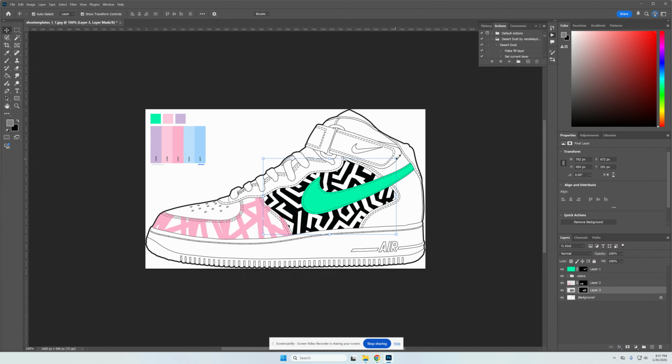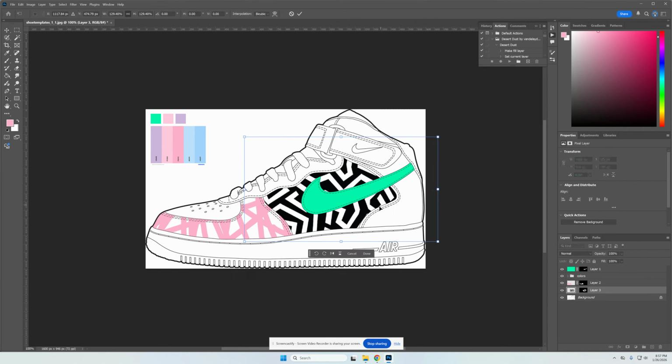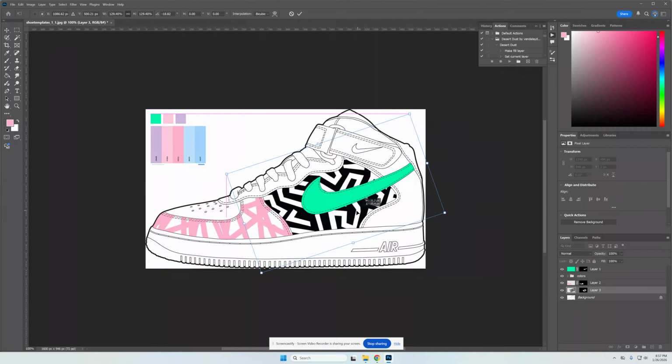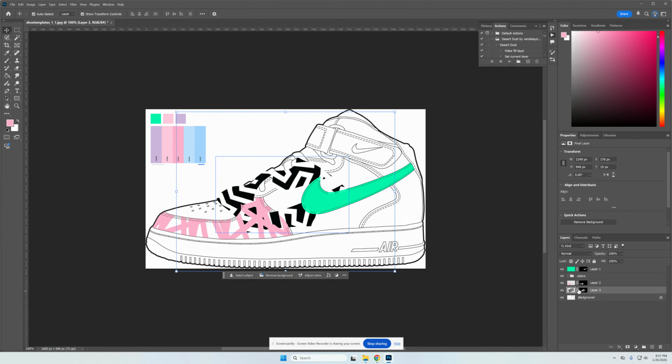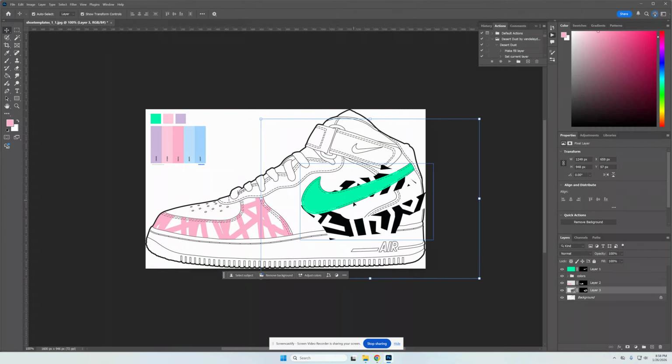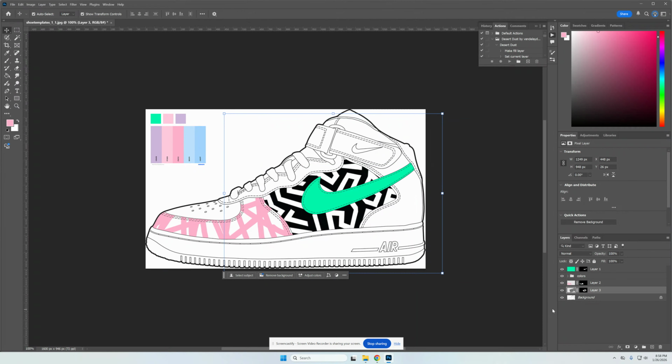Once you unlink it, oops, gotta make sure I'm in the actual image. You can come and scale it, rotate it. Once you're happy, make sure you hit enter or this check mark up here, and then you can turn this back on. Thing is, if you don't unlink it, the whole thing moves with the layer mask. So again, unlink it first, and then you can resize and scale up as needed. This is a horrible, obviously not thought out example, but let's keep going